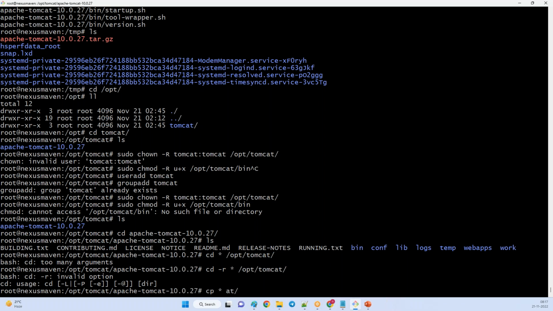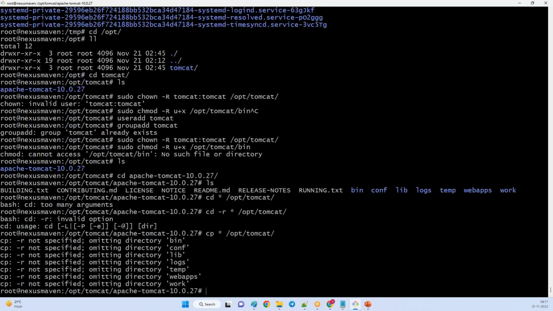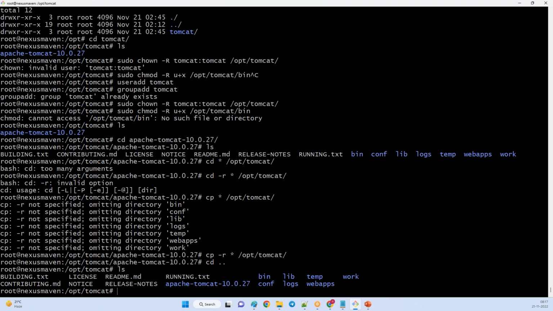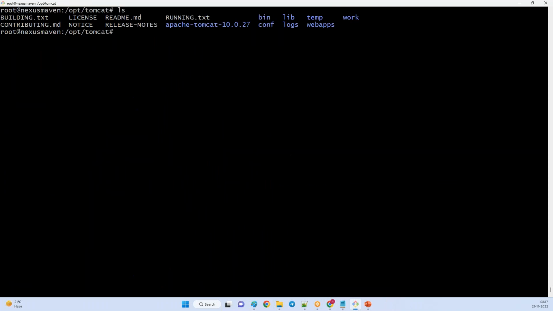I want to copy all these files to /opt/tomcat, with -r, cp -r, I want to copy all the folders and subfolders. Yeah, this is the thing. So you don't need this, so rm apache tomcat.